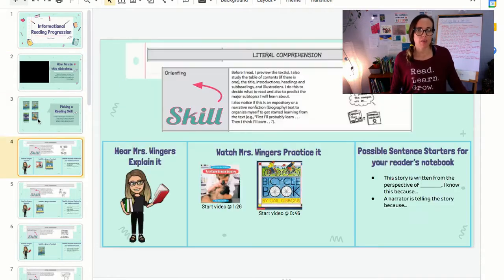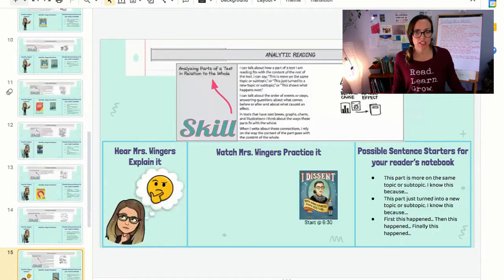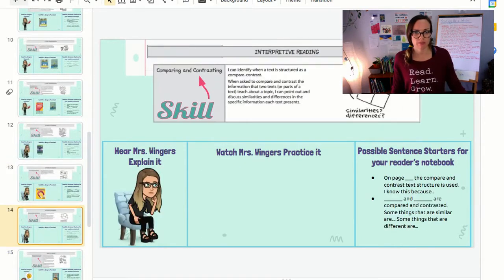Okay, so here's what I'm gonna do. I wanna go down to those interpreting and analyzing skills. And, got a blank spot. Comparing and contrasting, haven't done that skill yet. But here's the thing about comparing and contrasting. It's not always great for every book. So I'll write it down and I'll be on the lookout for compare and contrast. But who knows if I'll find it.